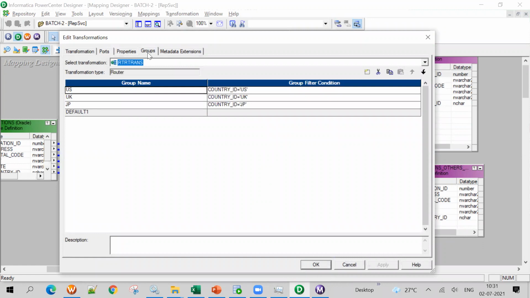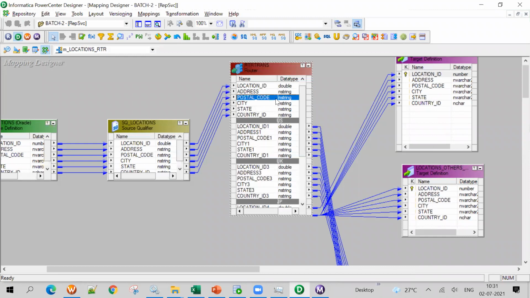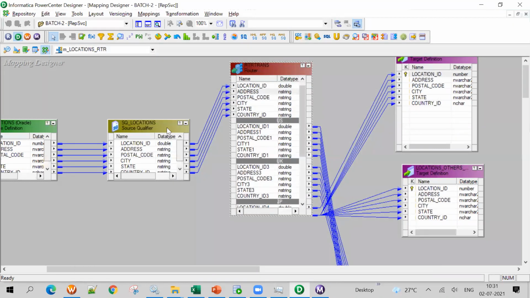And if we put the condition as false, all records go to the default group. Correct. Yes. If you give false, all the records will go to default, because other than false, it is true. If you give true here, false records will go to default. You just try it. I guess that will work.